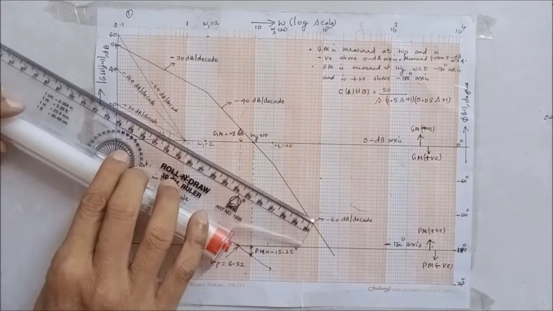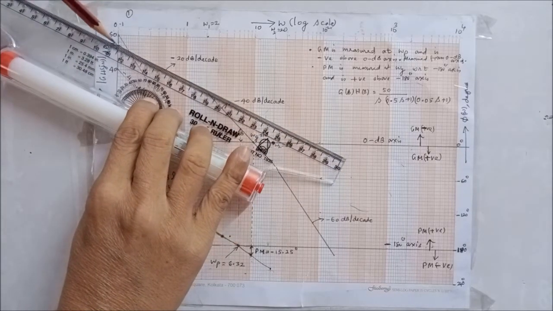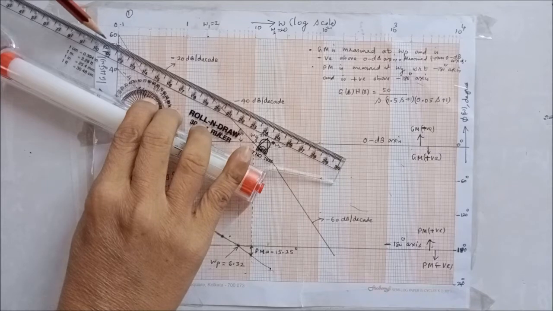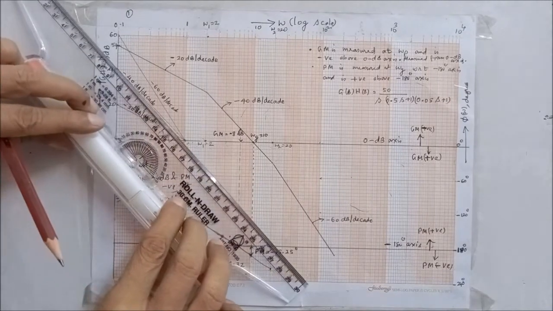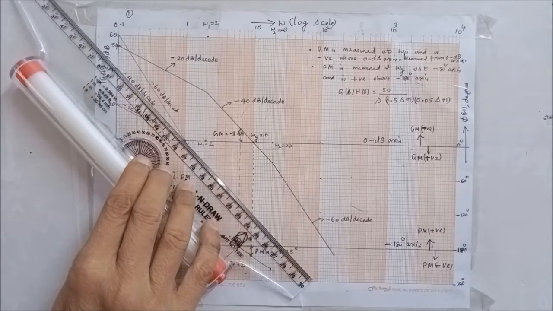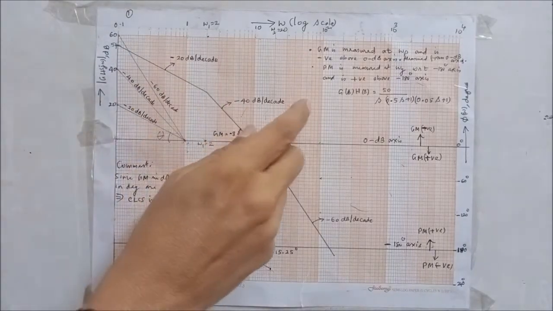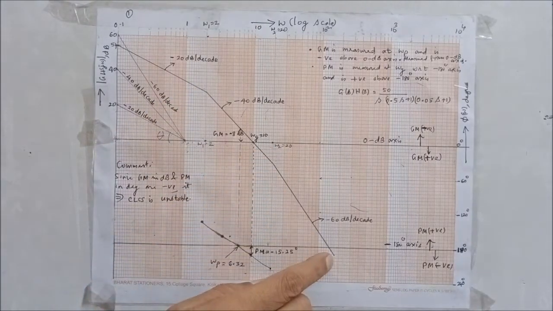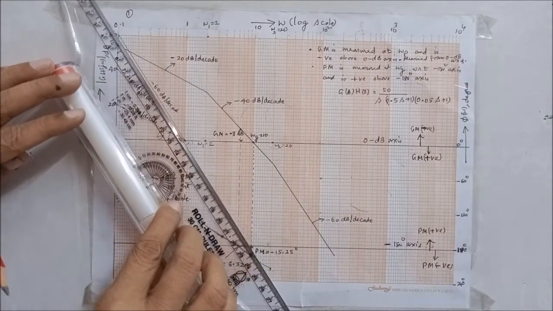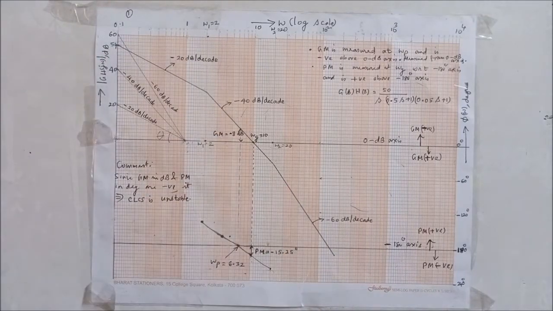So now, to begin with, I keep it on minus 20 dB per decade and push it to the 54 dB point, this point. I draw a line of slope minus 20 from omega equal to 0.1 to omega 1. Then I keep this on minus 40 dB per decade, align it properly and push it between omega 1 and omega 2. That gives a line of slope minus 40 between omega 1 and omega 2. Omega 2 is 20. Beyond omega 2, the slope is minus 60. Therefore, keep the roller scale on the line of slope minus 60 and push it to this location. Like that, using the roller scale, you can draw parallel lines.